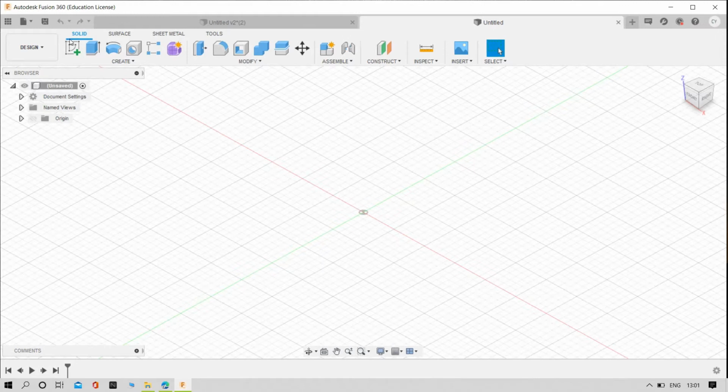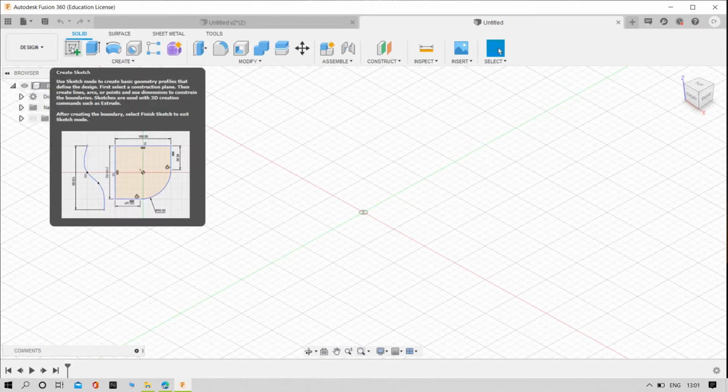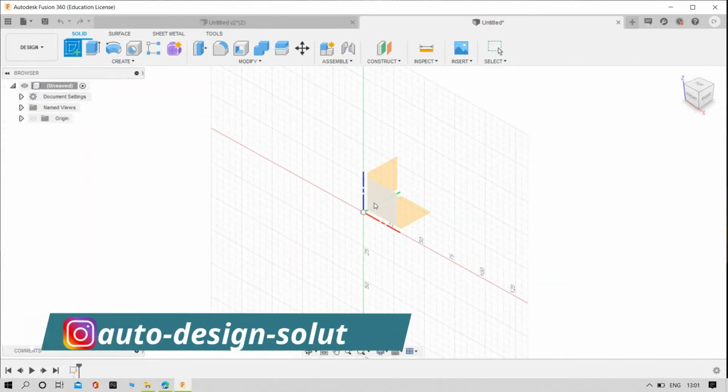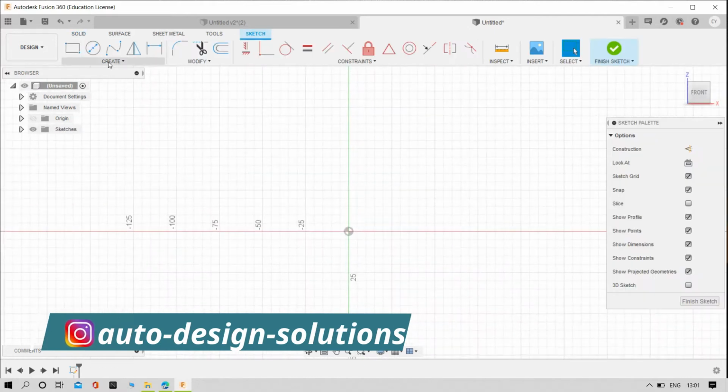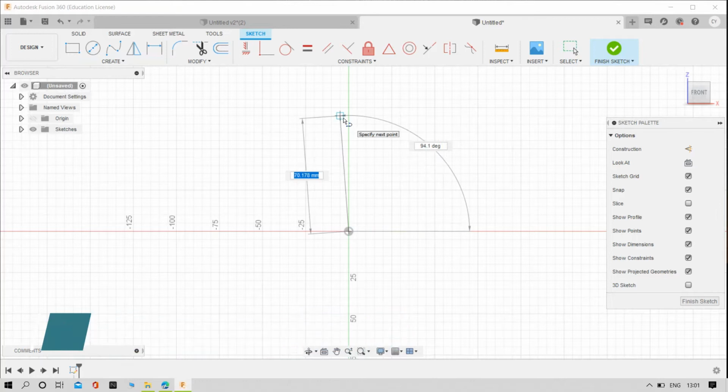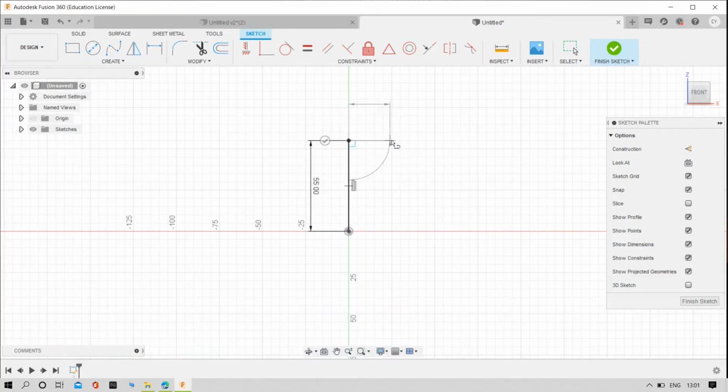For that one, select the create a sketch and then try to select the one plane and then try to draw the lines as you are seeing now for the piston with vertical distance 55 and then horizontal line should be 40 mm, and then again we need to draw the piston rings.